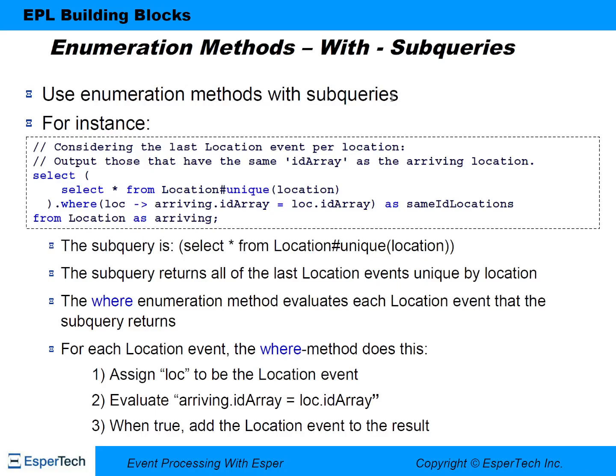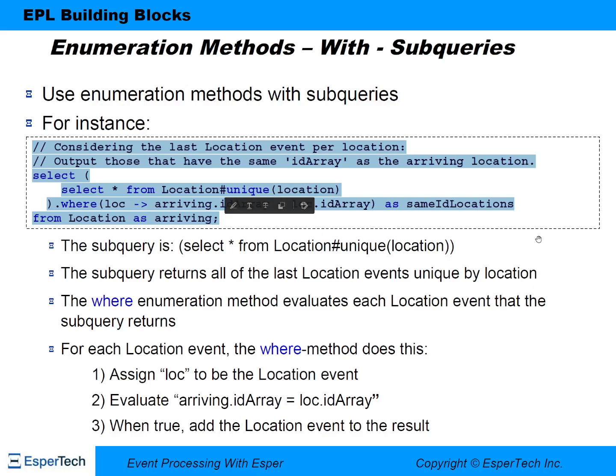This slide is about how to use enumeration methods with subqueries. For instance, this query considers the last location event per location. It outputs those that have the same ID array as the arriving location. select * from Location#unique(location).where(lock => arriving.idArray = lock.idArray) as sameIdLocations